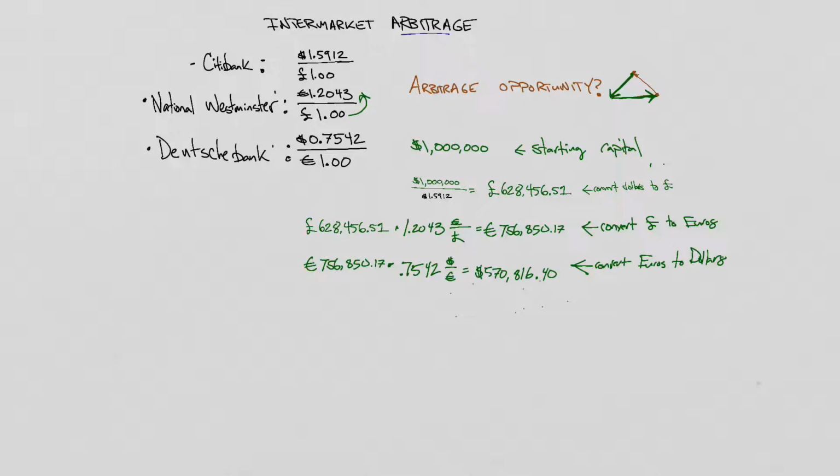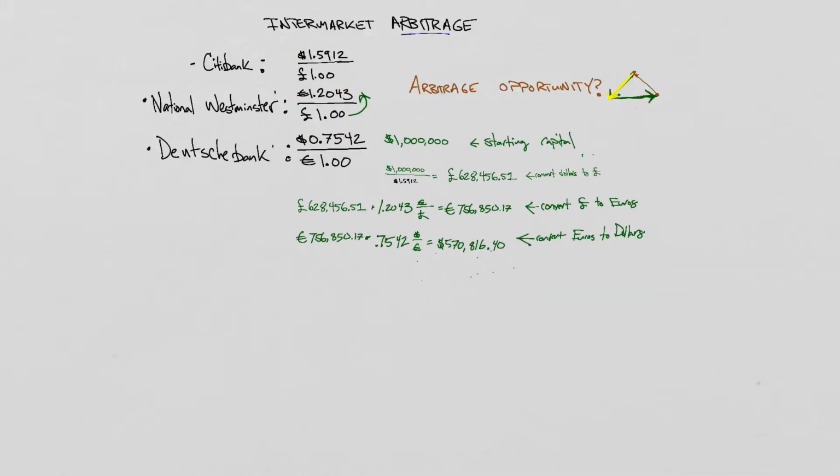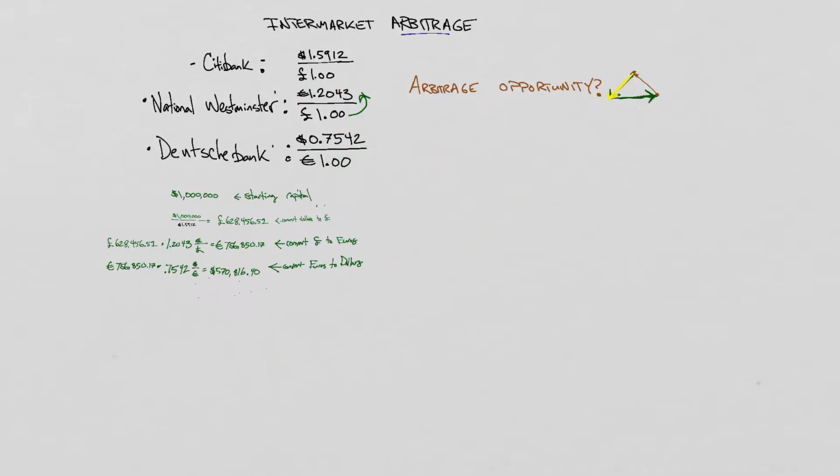And recall at the beginning of this, when I started out with dollars, I could have taken two options. I could have converted those dollars with Citibank at this rate in pounds, or I could have taken those dollars and gone directly to Deutsche Bank and received euros. I had taken the Citibank approach, but let's see what happens if I instead go to Deutsche Bank, converting those dollars into euros. Putting this path aside for the moment, call it path number 2.